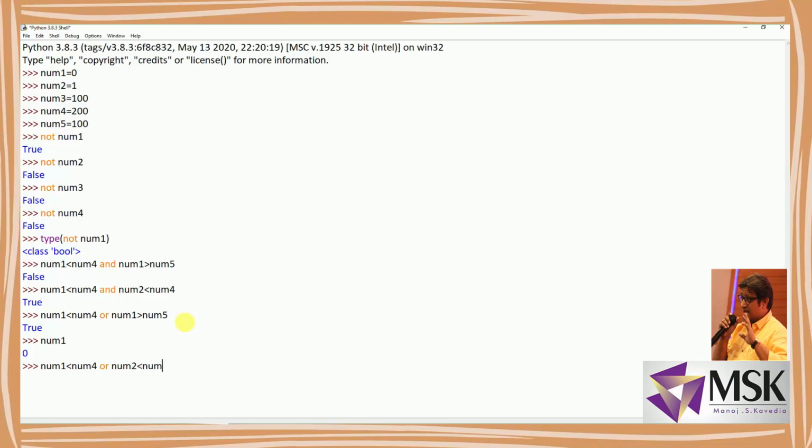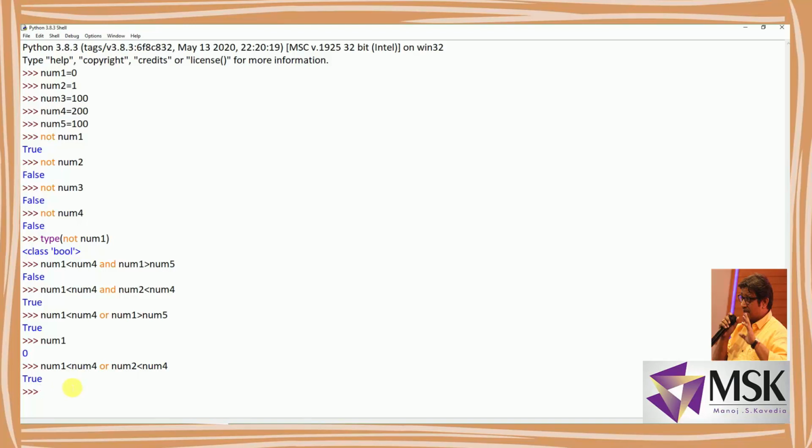Now in this case both the conditions are true. Since both the conditions are true, the OR says true only, so it is true. So here one condition is false and this is a true condition, but either one is true, that's why it's true. Here both are true, then also it's true. So I hope this operation is clear.